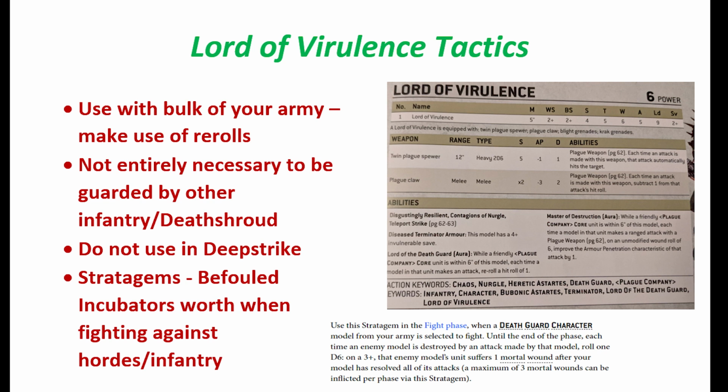In terms of stratagems, I think there are lots of quite useful ones, like ones that increase the range of your Plague Spewers by 6 inches, but one of my favourite ones to use with the Lord of Virulence is this thing called Befouled Incubators. You can see it on the bottom right of the page, and basically every time you kill a model in an enemy unit, then you roll a d6, and on a 3-up, that unit suffers a mortal